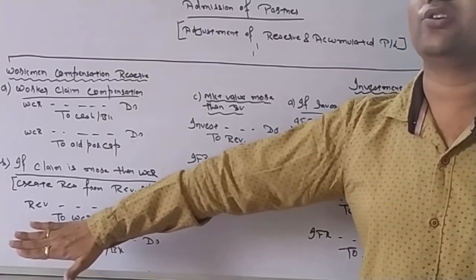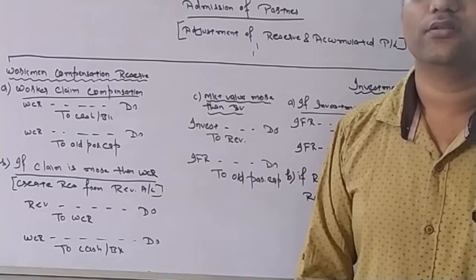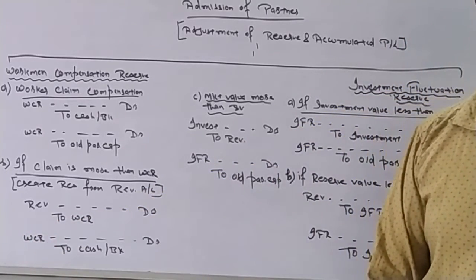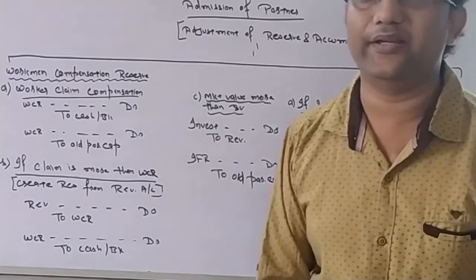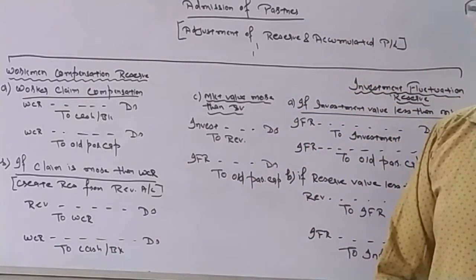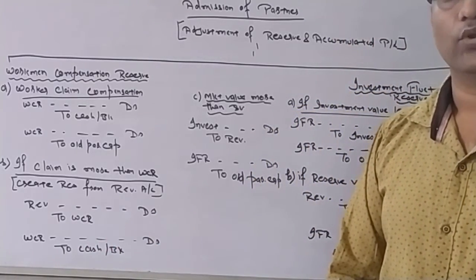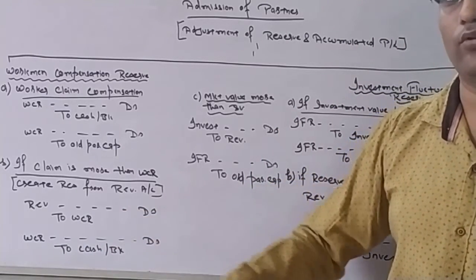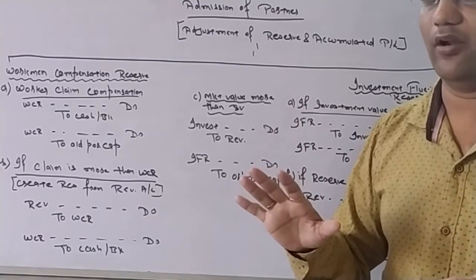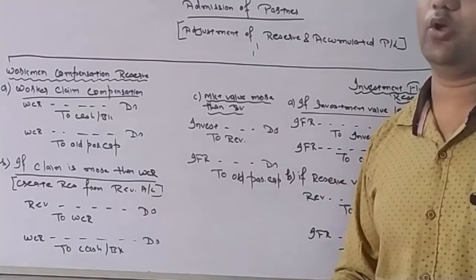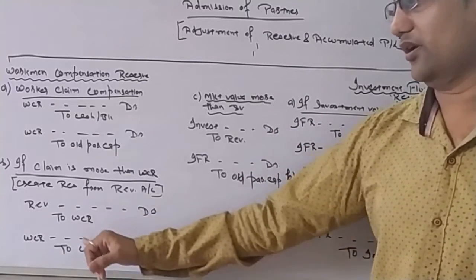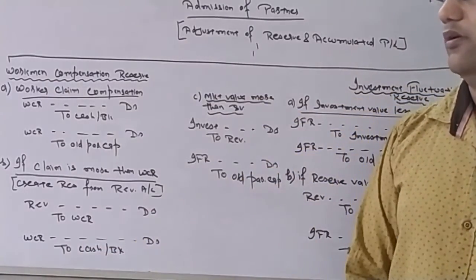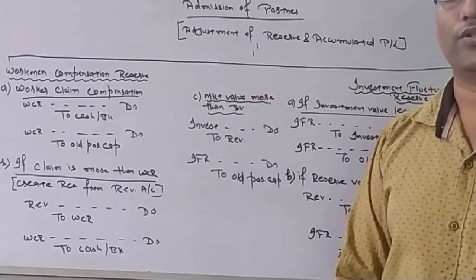In your new balance sheet, reserve will be 12,000. Don't do the entry of payment. If the question says we have paid it, then payment is done: WCR to cash or bank, 12,000. 2,000 reserve will be created, 12,000 will be paid. I have a 10,000 reserve already, 2,000 new created. Now my reserve becomes 12,000, and out of the reserve, I have paid it. So this is how we do it if a worker claims any compensation.